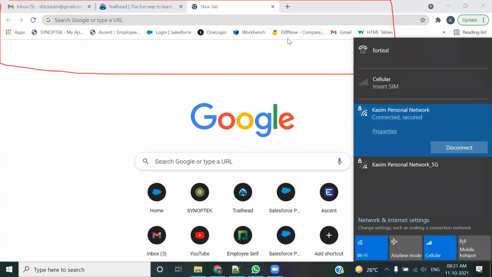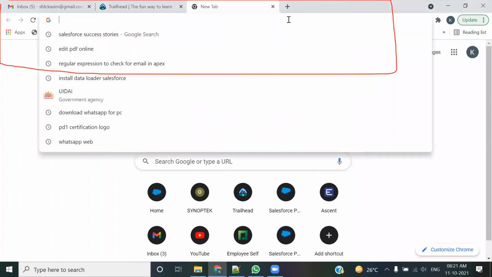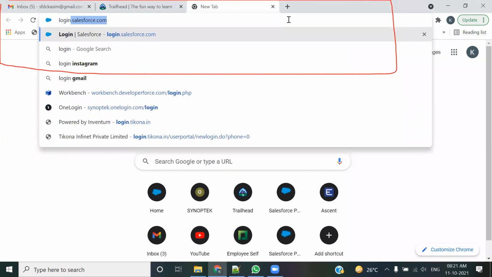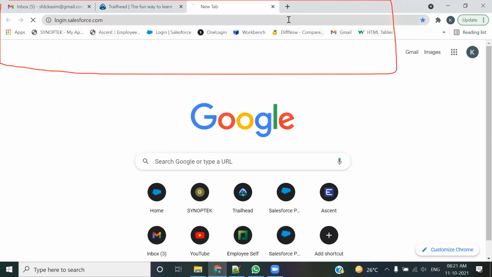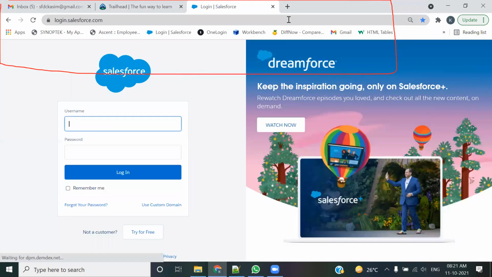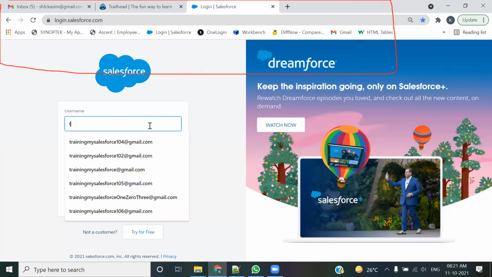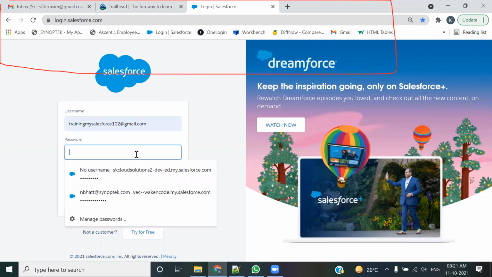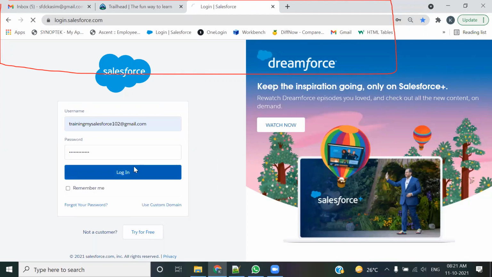Because what happens is that if you want to access any cloud application, the cloud applications are accessed from servers. That means you first of all need to type the URLs. आपको addresses देने पड़ेंगे. Like here I am giving this address, login.salesforce.com. If I enter my username and the password, I'll probably get inside this. Let me try to log in.